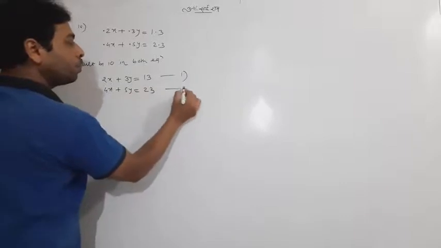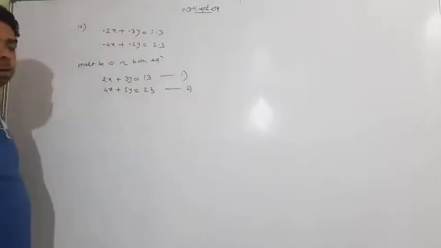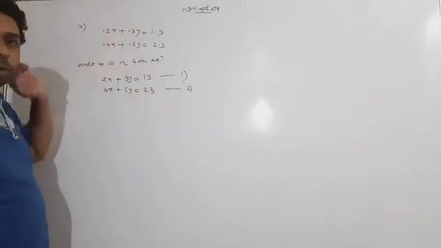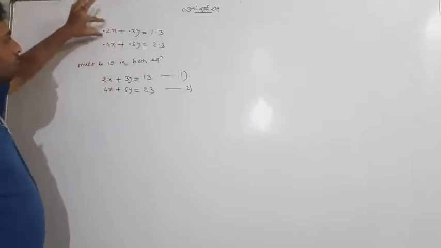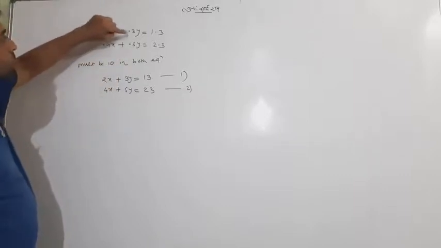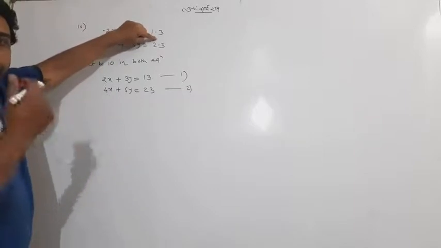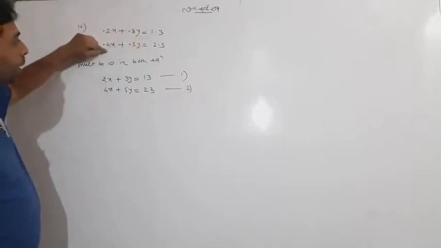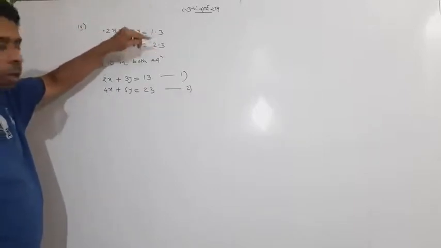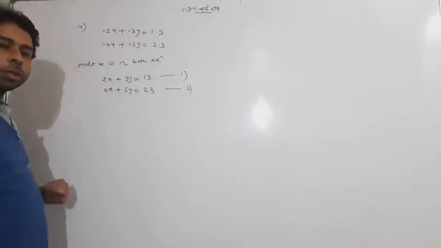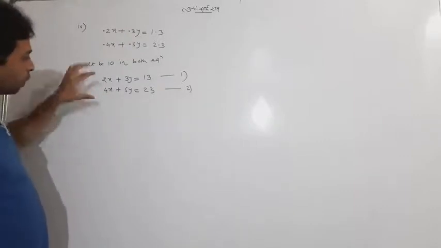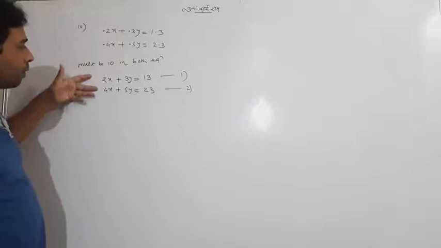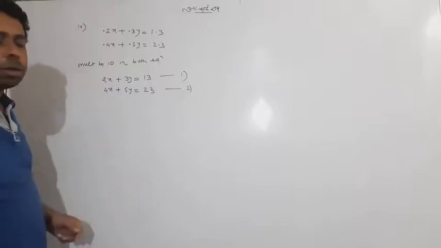Now students, we have two equations. So it's very easy to multiply by 10 in both equations. If you're not satisfied with this, okay, write it as 2 by 10, 3 by 10, 13 by 10. The 10 will eliminate from the denominator. 4 by 10, 5 by 10, 23 by 10. The 10 is eliminated from the denominator side. So the equation will reduce like that. Now we have two equations and we can easily solve them.